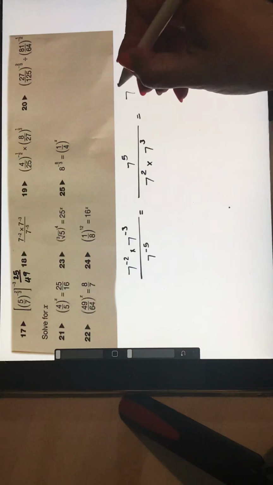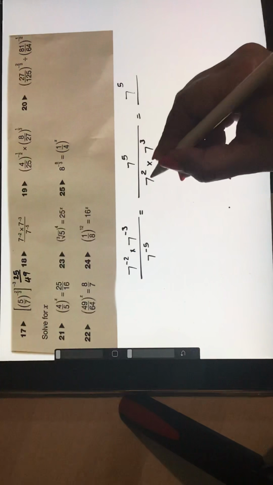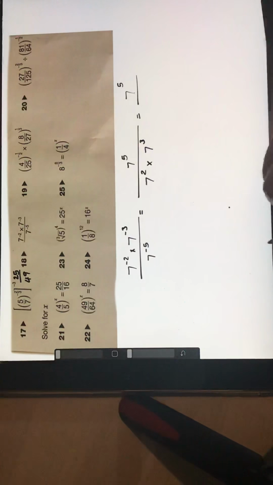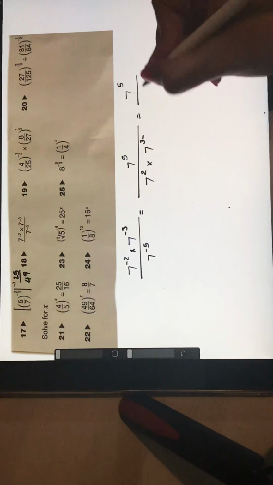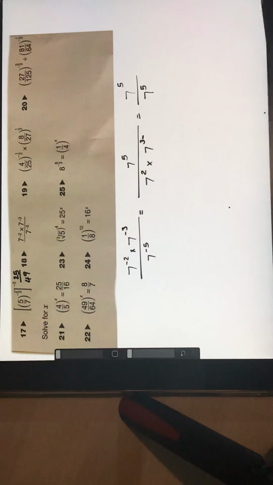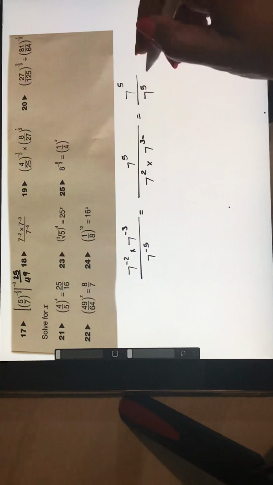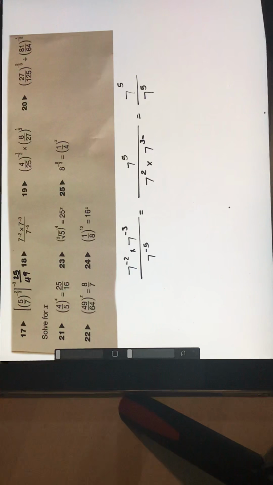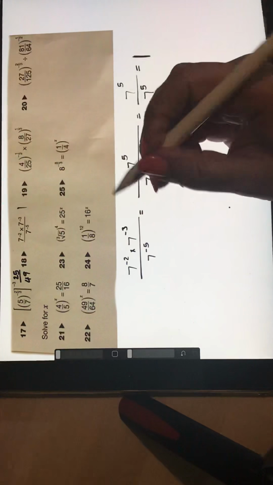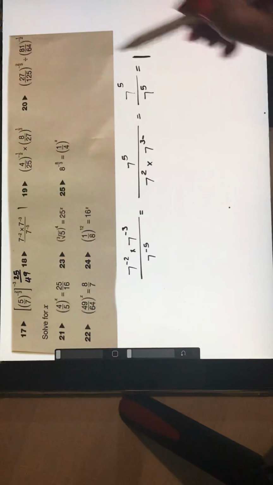Now we can simplify it. When we multiply base numbers that are the same, we add the indices. So we get 7 to the power of 5. Now we see that the top, in the numerator, is the same as the bottom, in the denominator, so our answer is simply 1. Right. For number 19,